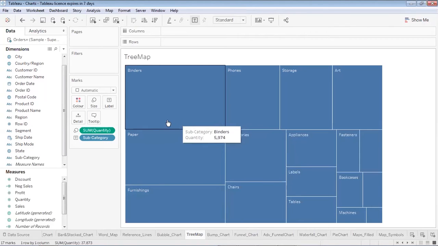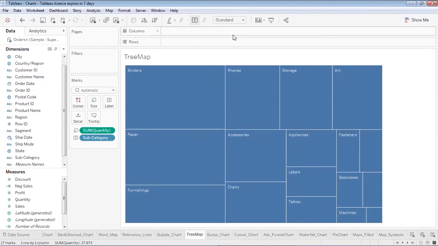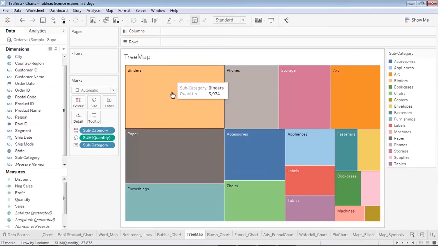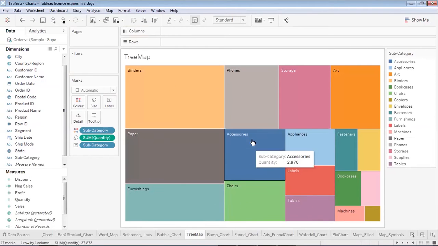Now, if I would like to color this tree map, there are two options. Either I can color it using my dimension, or I can color it using my quantity. I would first color it using my dimension, like subcategory. I'll paste subcategory over it on colors. So I can see over here, corresponding to each subcategory of product, I have got a different color, and the size of the boxes tells me the quantity of the product.